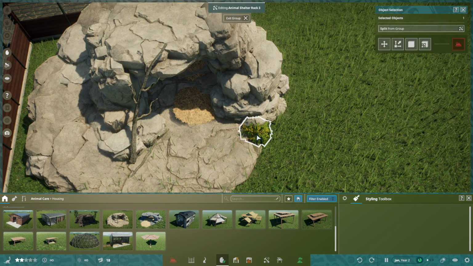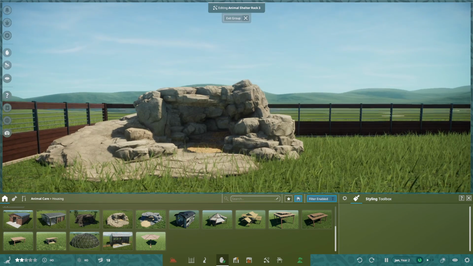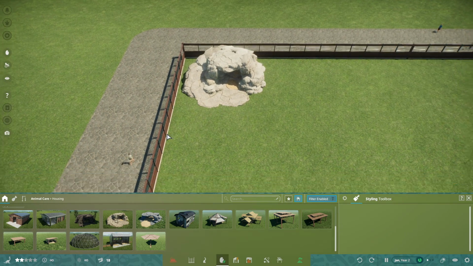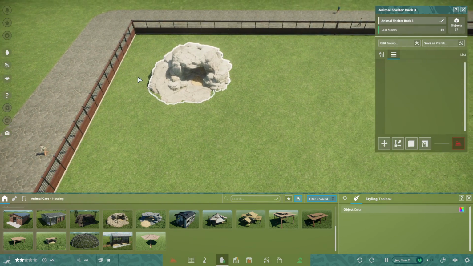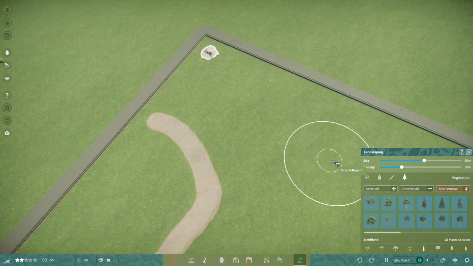Edit route. Delete that. Delete that. Okay. It should be more fitting. Actually, I'm going to move this more central. There. That way they don't jump out. Not that they'll actually do that, but...